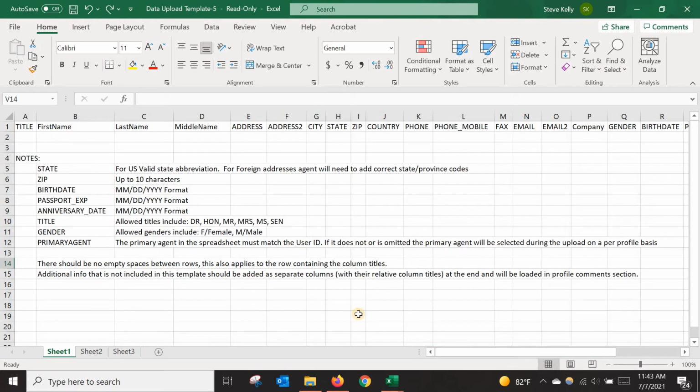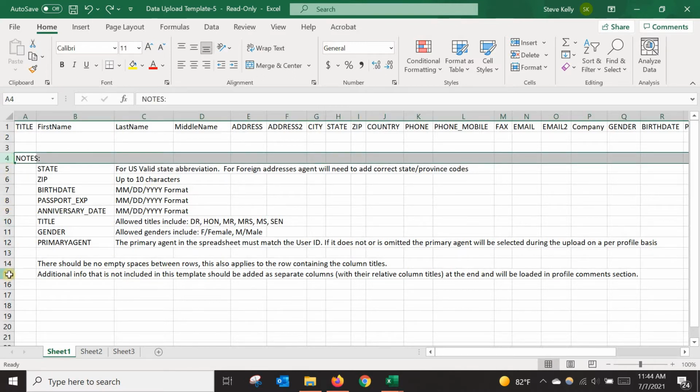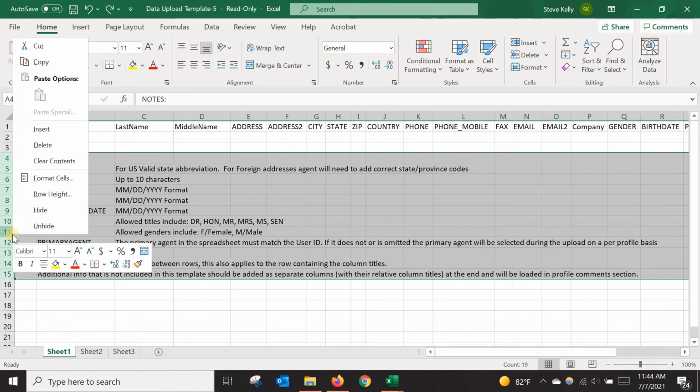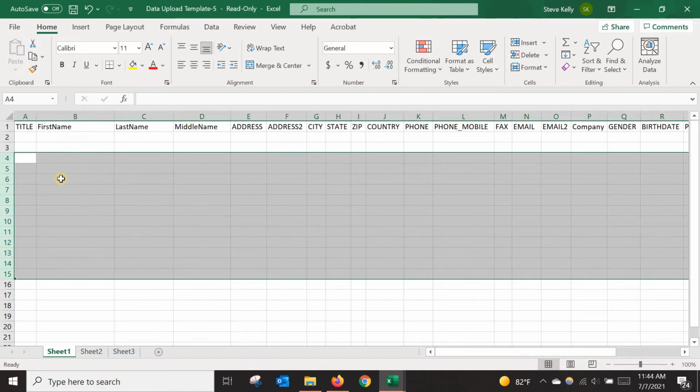You can do them all at once if you would like to, as long as you've tagged the primary agent on each row. One of the most important things to do with this is you cannot change anything in row 1. You can't change the order of these columns, nor can you change the titles of these columns. They have to remain as is in order for this to work. So once you're satisfied with reading through this, you can just click here and shift and click here, and you can just delete all these notes out of there,